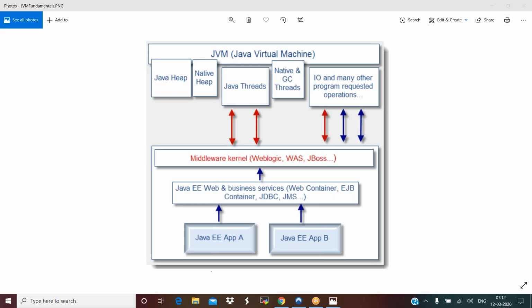Since most of the thread allocations happen in the Java EE container, if you look after the middleware at the Java EE business services, the web container and EJB container, all the thread allocations happen in the Java Enterprise Edition container. So you need to understand and recognize how much thread stack is required, how much stack size you need to give. Stack size is the important part